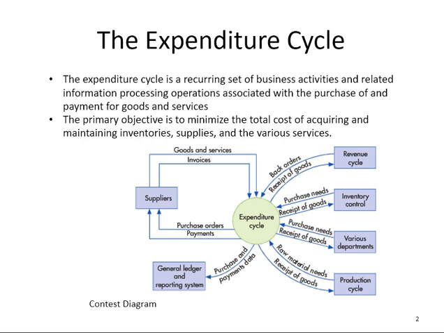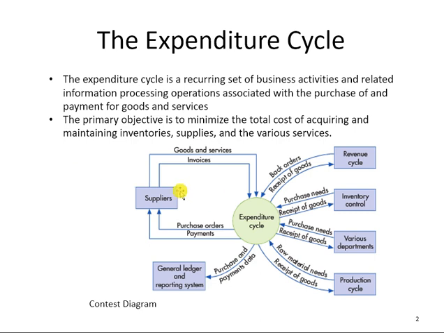The expenditure cycle is a recurring set of business activities and related information processing operations associated with purchase and payment. So if we look at this context diagram for the expenditure cycle,